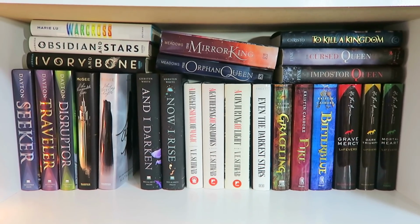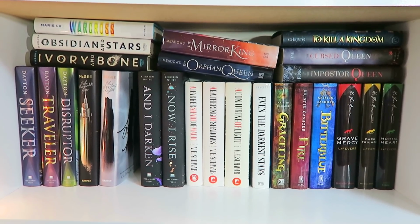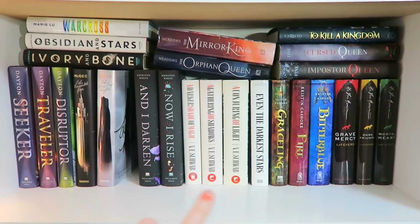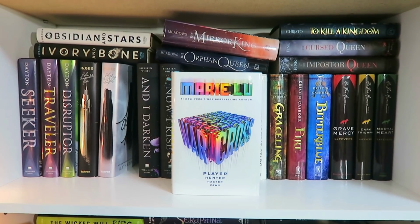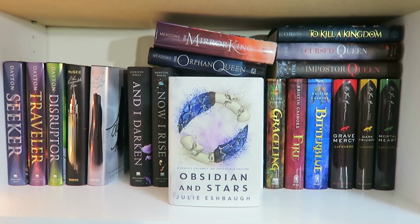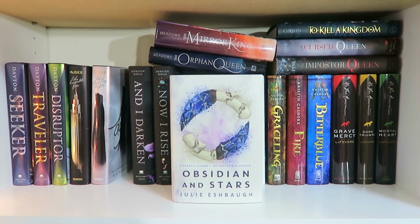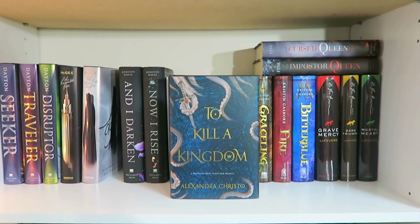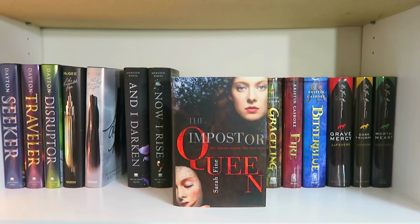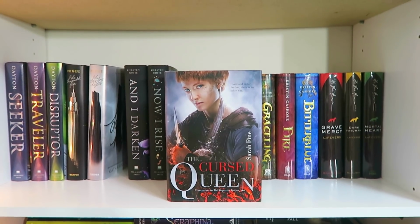So going on down again, this is a shelf that I don't really have anything on. I normally have my fan here, and also my TBR books for the month right here as well. Warcross by Marie Lu, Ivory and Bone, and Obsidian and Stars by Julie Eshbaugh, The Orphan Queen, and The Mirror Queen by Jodi Meadows, To Kill a Kingdom by Alexandra Christo, The Imposter Queen, and The Cursed Queen by Sarah